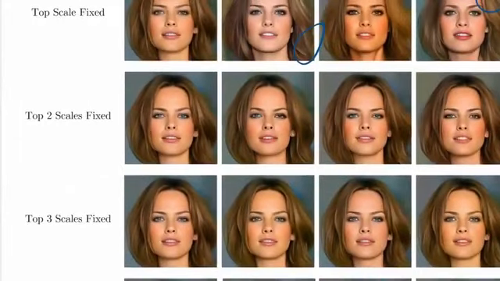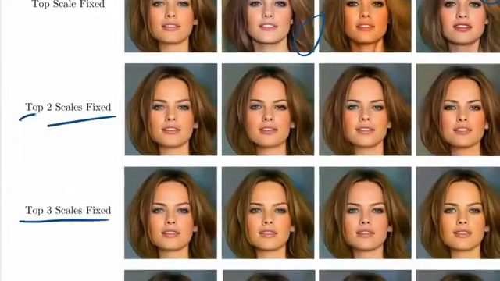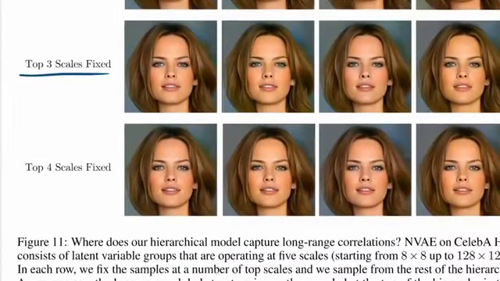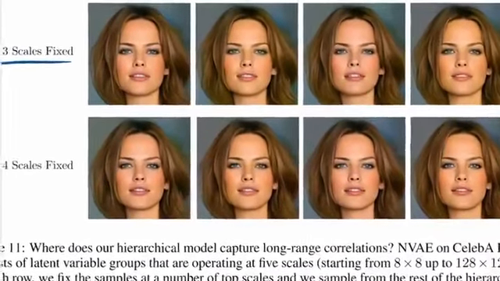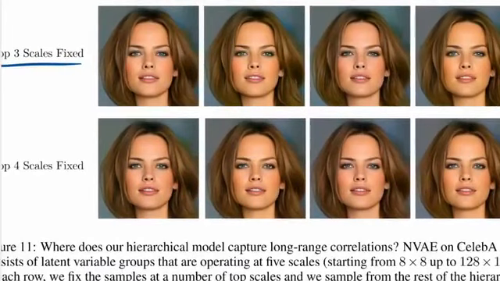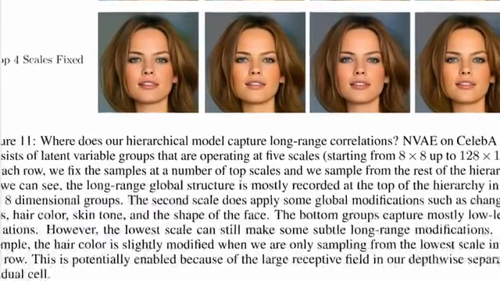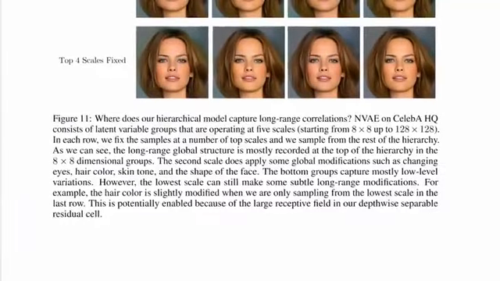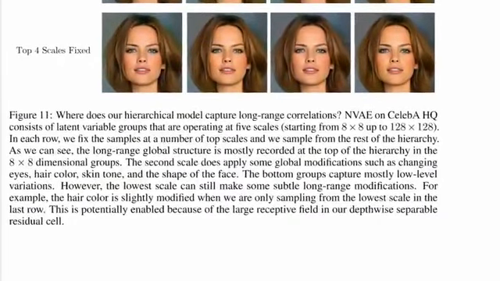And then if you continuously fix the top 2 scales, or the top 3 scales, right here the top 4 scales, you can see that more and more just little details change. So they are operating at 5 scales, starting from 8x8 up to 128x128. In each row, we fix the samples at a number of top scales, and we sample from the rest of the hierarchy. As we can see, the long-range global structure is mostly recorded at the top of the hierarchy,